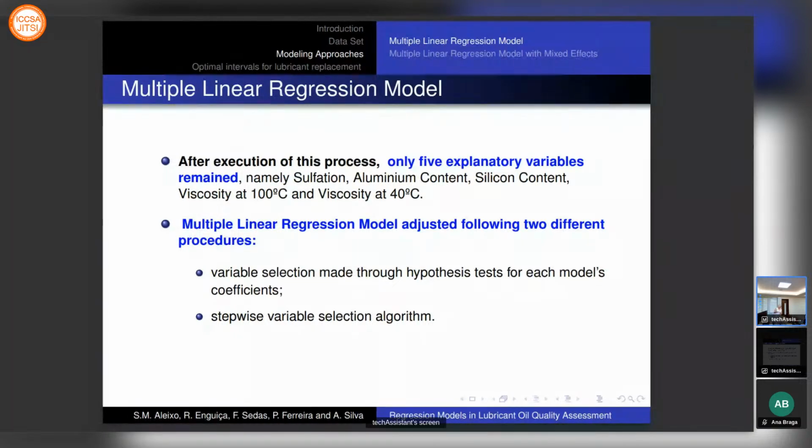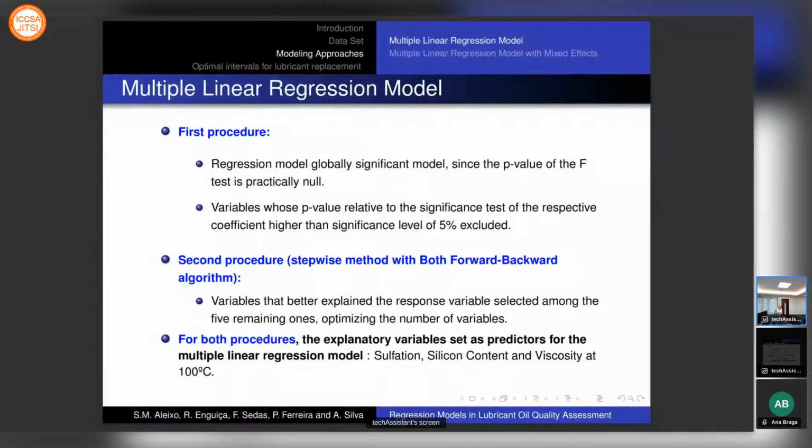First, with variable selection made through the post-test for each model coefficient, and second, by a stepwise variable selection algorithm. In the first procedure, we first saw that the regression model is globally significant because the p-value of the F-test is practically null. After that, we chose to exclude the variables whose p-value relative to the significance test of the respective coefficient is higher than